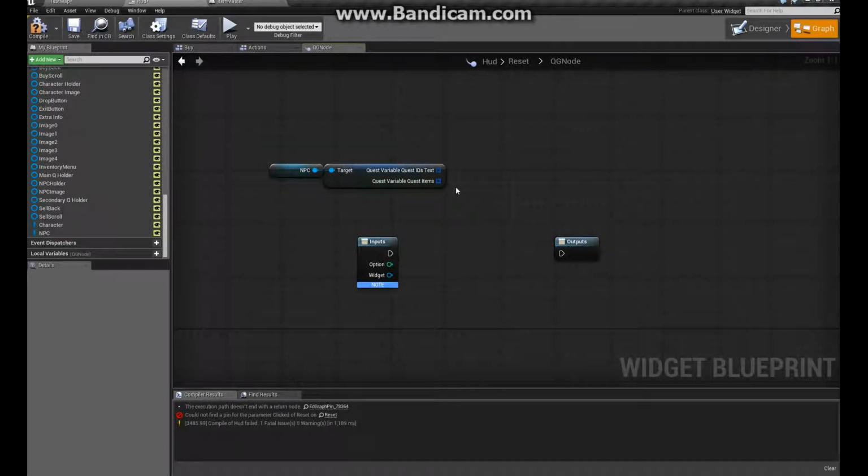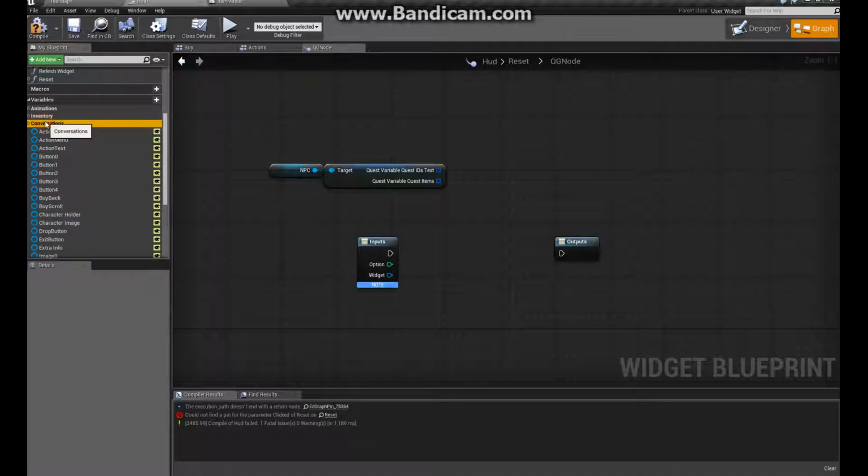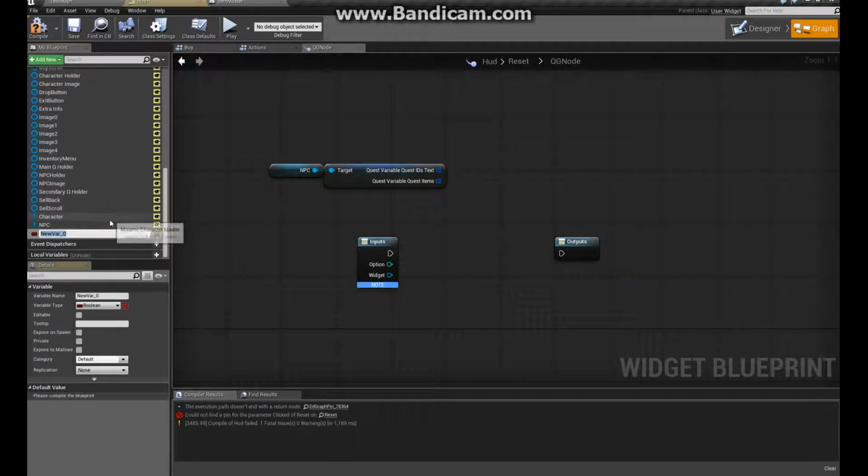Okay, so where's this coming from? Oh, one thing we need to do real quick. Do we have that in here? No, we do not. So add in a new variable. This is going to be the quest